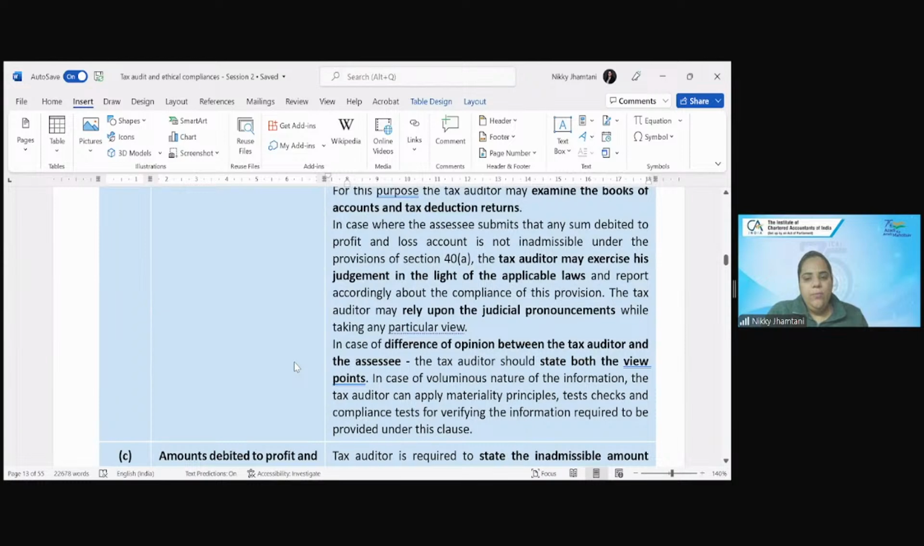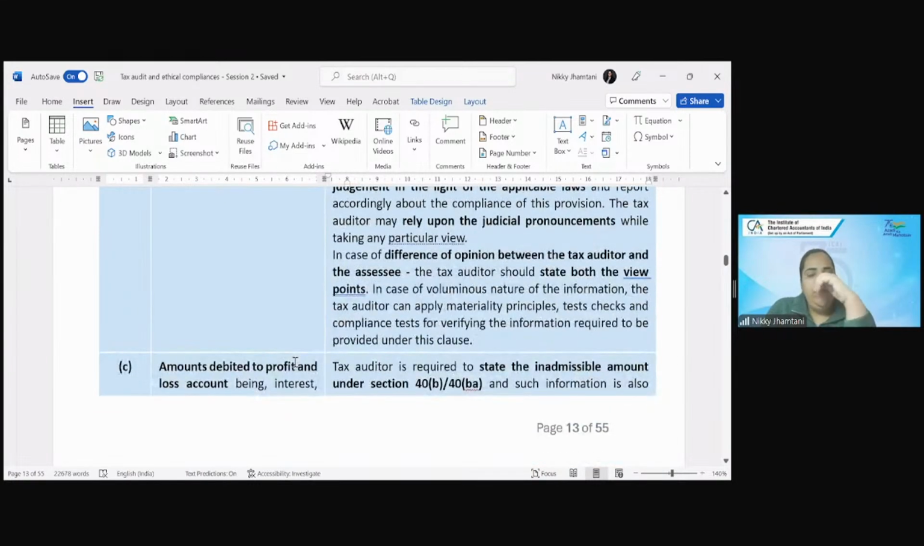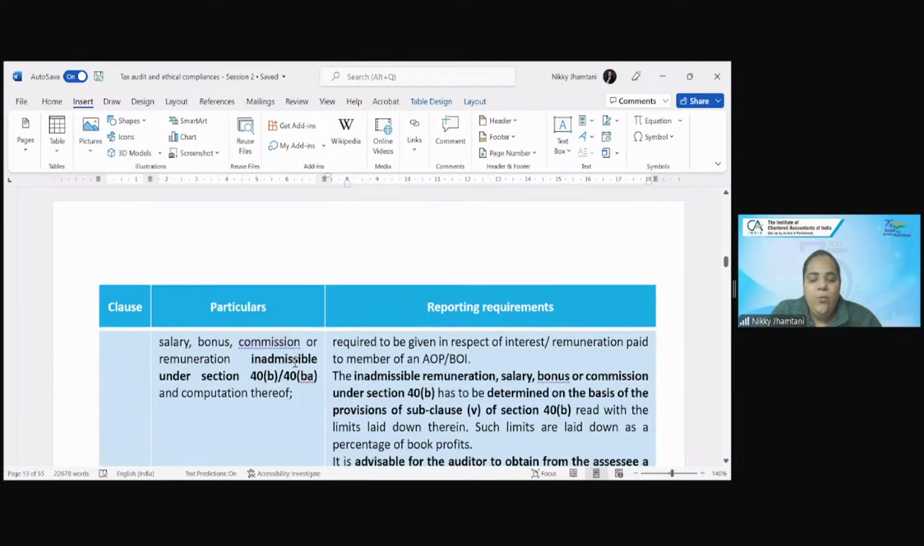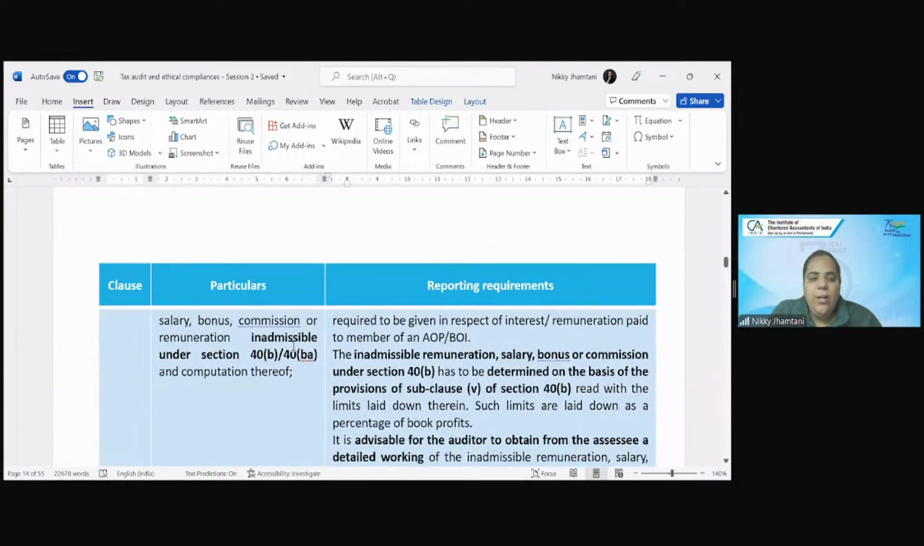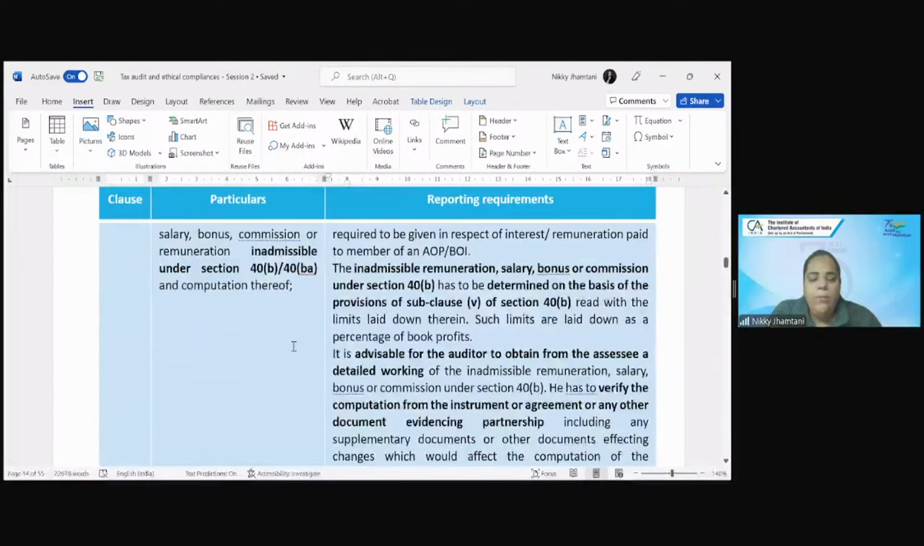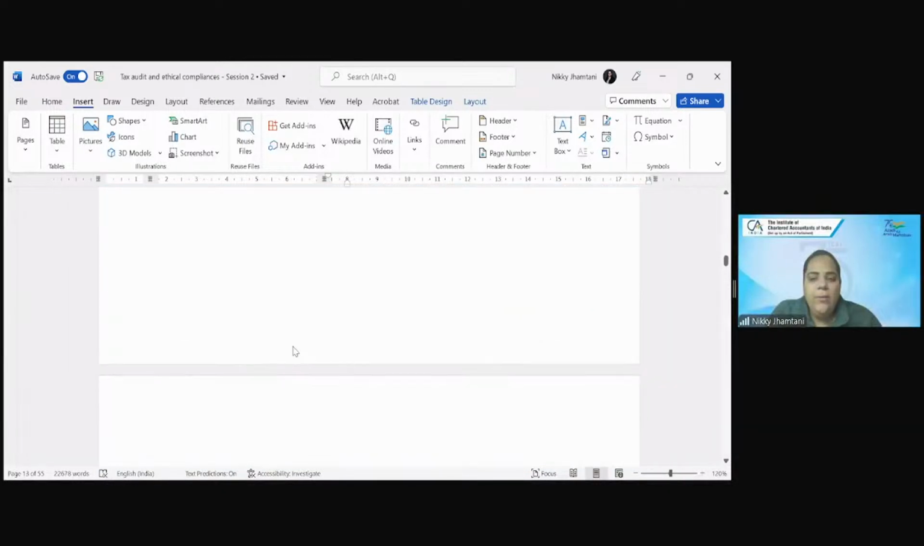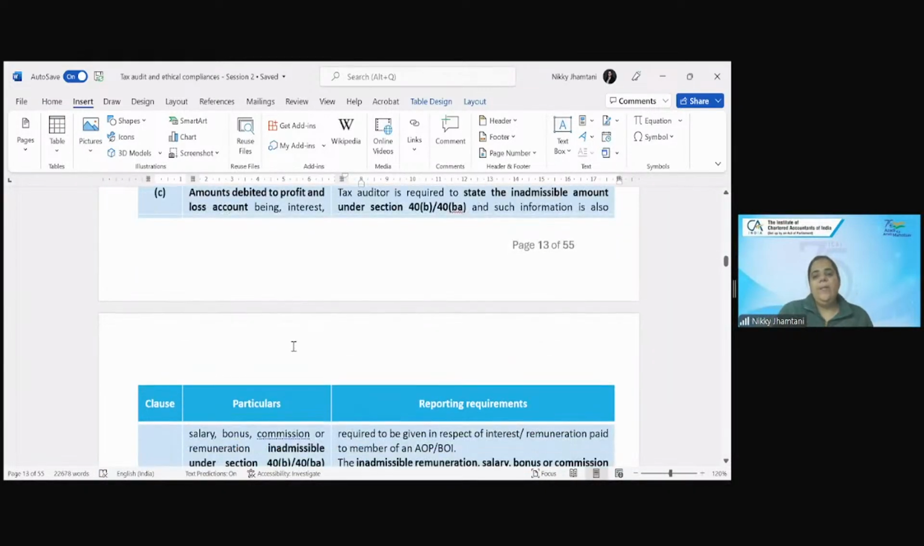In case of voluminous nature of the transactions or information, the tax auditor can apply materiality principles, test checks, and compliance tests for verifying the information required to be provided under this clause. Amounts debited to P&L account being interest, salary, bonus, commission, or remuneration are inadmissible under 40B or 40BA and computation thereof. Tax auditor is required to state the inadmissible amount under 40B and 40BA, and such information is also required